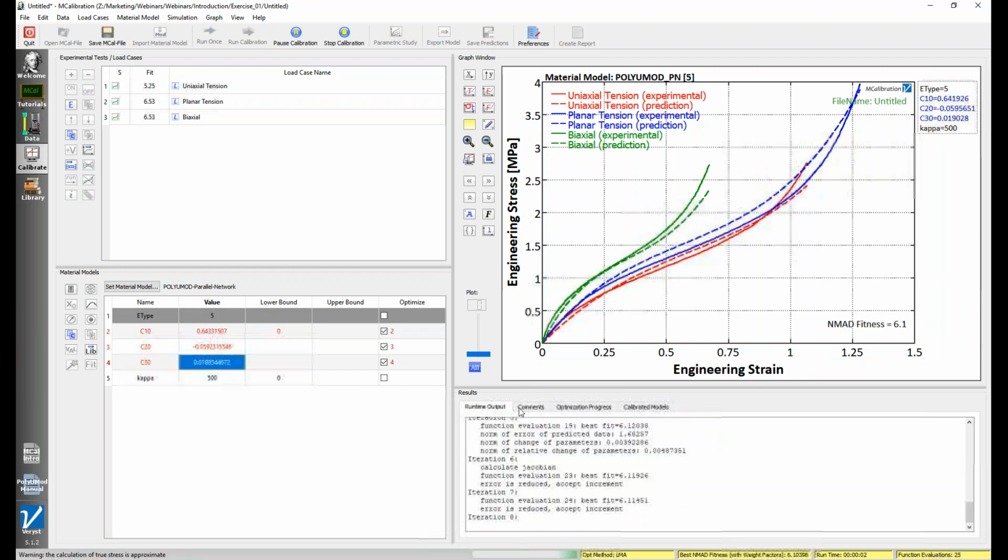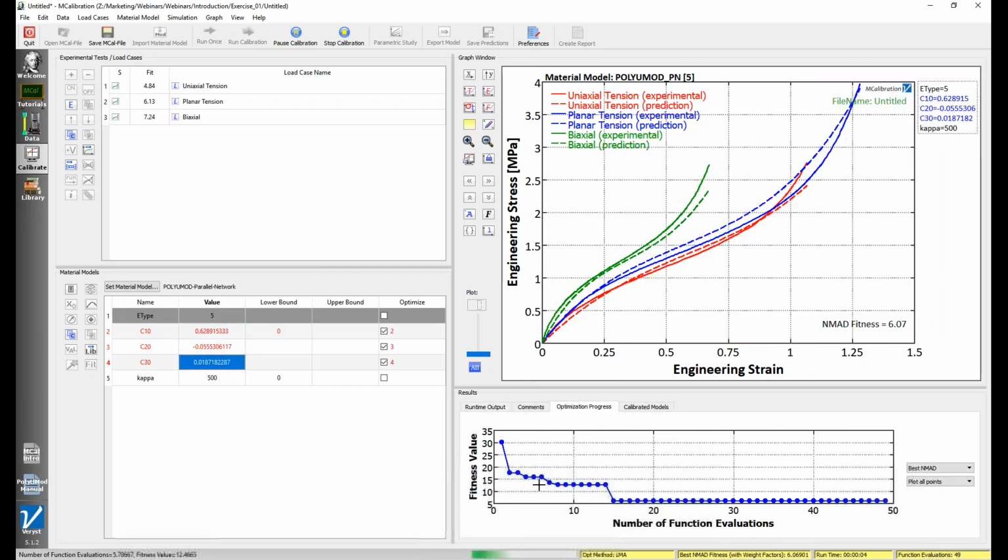You can see here, if I come down to the lower right and go to optimization progress, that MCalibration is running a whole bunch of different iterations of this model. And this is the fitness value. We started up here at about 30. For NMAD fitness, which is normalized mean absolute difference, a 0 would be a perfect fit, and 100 is an absolutely atrocious fit. As MCalibration went along, it optimized that, and we're down here at about an NMAD of 6, and you can read that as a percentage. So a 6% error. That's a pretty good prediction,